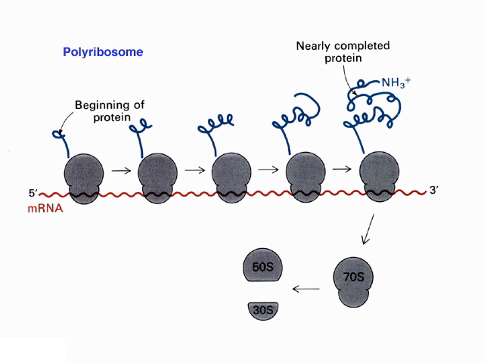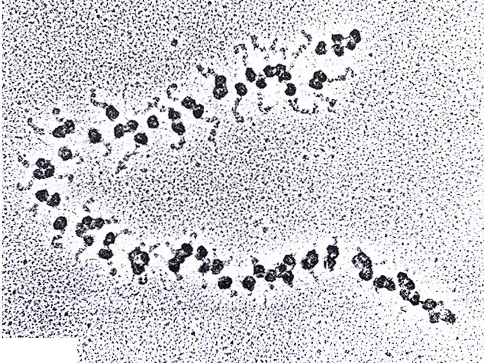And this diagrams a polyribosome. So this is a number of ribosomes that are translating an mRNA into a protein product, moving along that mRNA. We saw this in the discussion of the location of ribosomes in prokaryotic cells. This is particularly common in prokaryotes, but